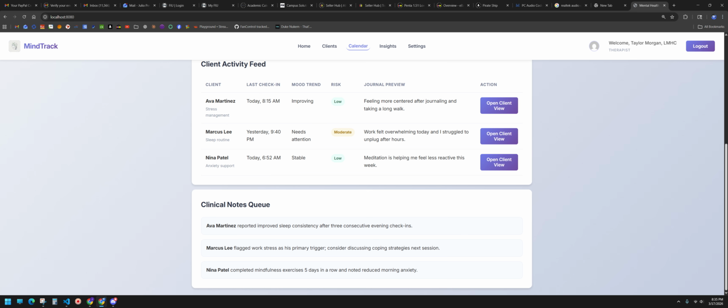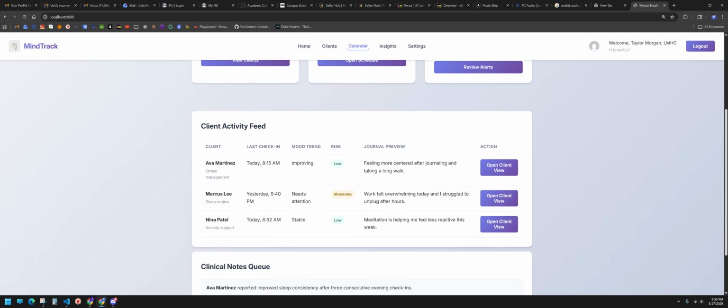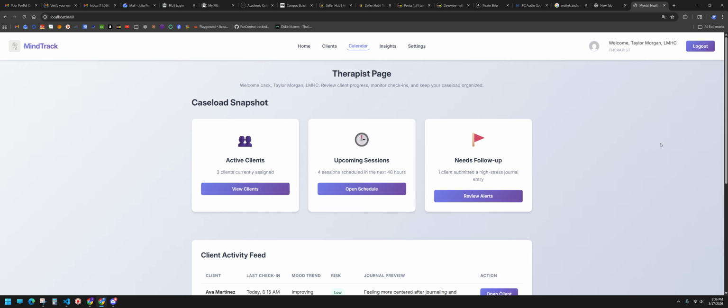I'm also curious about the journal preview. I'm just thinking out loud. You can push certain journals to your therapist and then keep some private. It's very interesting, because some things could be more private, right? So you'd have to figure out what things the therapist can see and what things the therapist can't see.